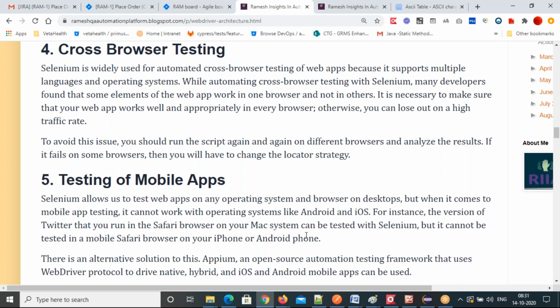So in order to do that, we have another alternative solution, the Appium tool you have to use. Appium is an open source testing framework tool which has the WebDriver protocol to drive native, hybrid, and iOS, Android mobile apps. You can test it. So that's how you can overcome the mobile application challenge with Selenium. That is not possible with Selenium; you have to use the Appium tool.